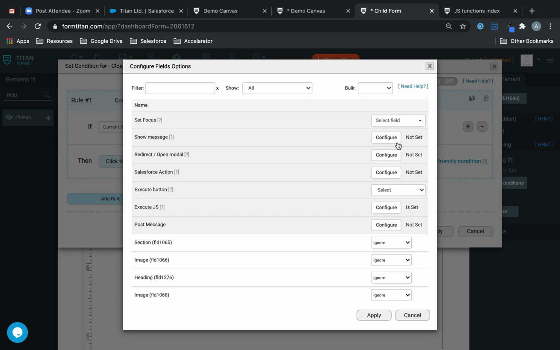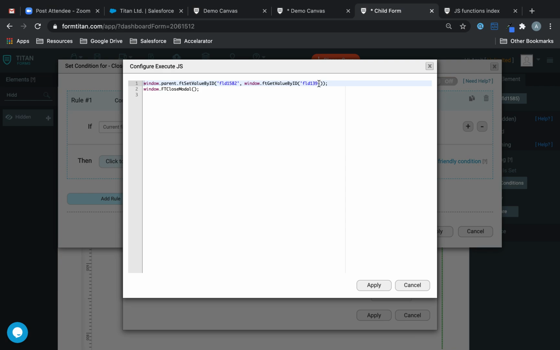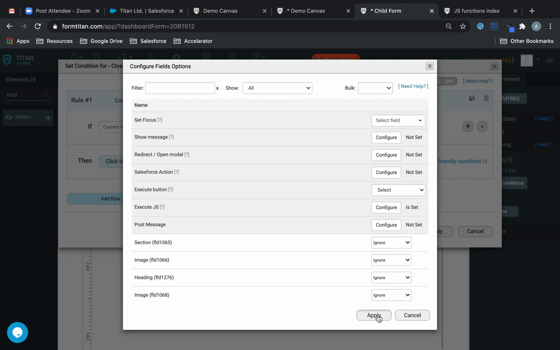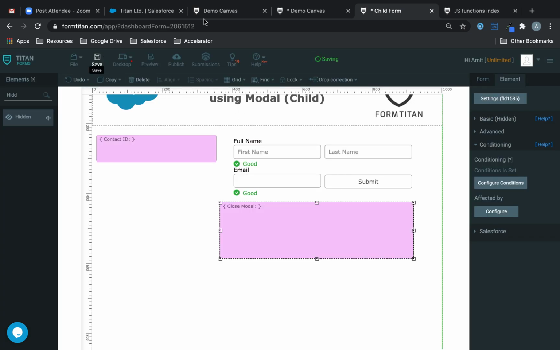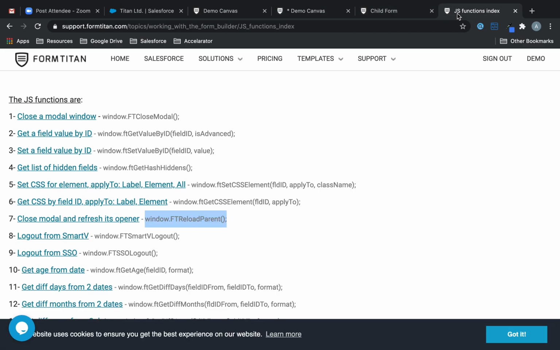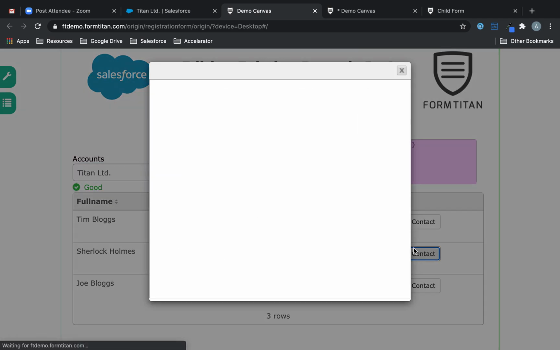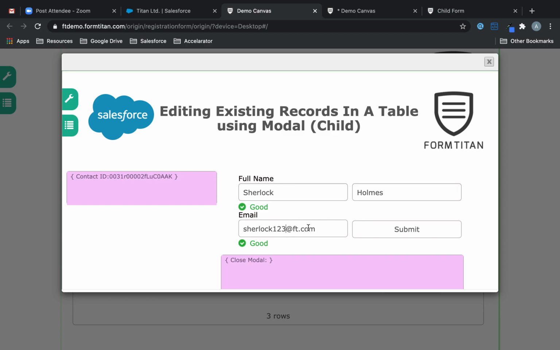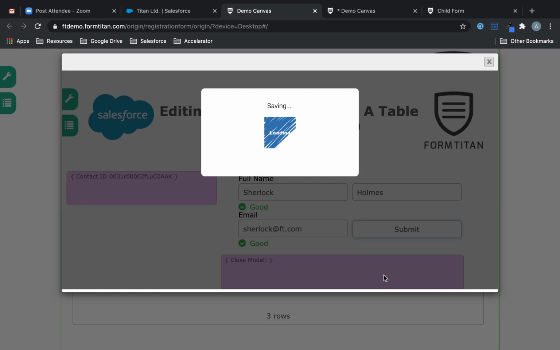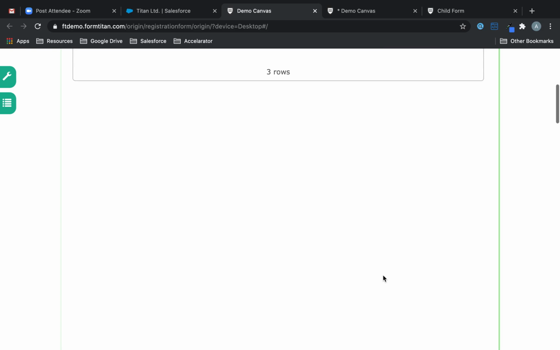In over here, we're going to say set by 1585. So we're saying whatever the value is in 1585, set it to 1582 in the main form and then close the modal. So now let's test this. If we save, and then I'm just going to refresh this. So let's do Titan, modify contact, click submit, and you can see